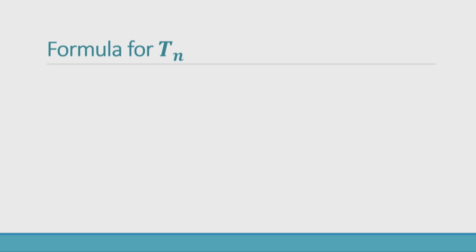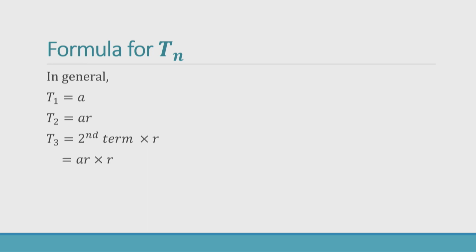Now, the formula for Tn. So, in general, the first term, T1, will be equal to A. T2 will be A times R. T3, we will take the second term, we will multiply by the common ratio R. That is AR times R, which is AR square. In the same way,